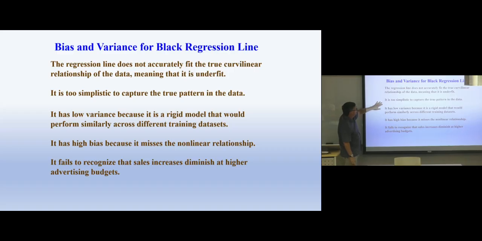Too simplistic, but it's a whole lot better than not using it at all. So the rigid model with low variance means that it would perform similarly across different training data sets, but high bias because it misses the nonlinear relationship. And that's something, by the way,